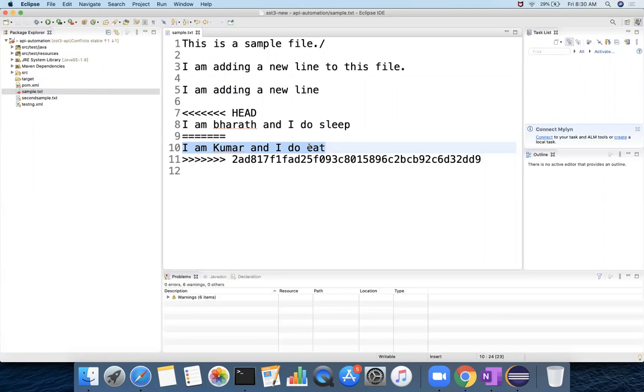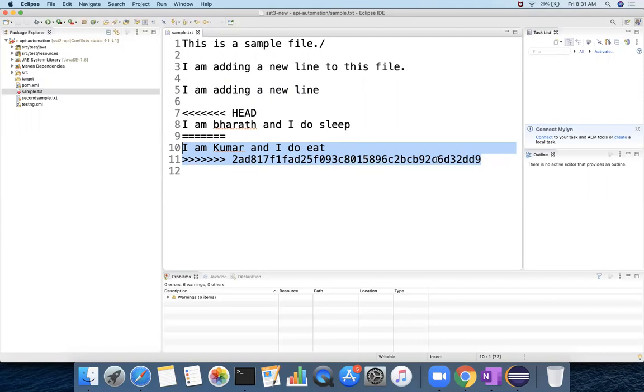Now they will add two sections. One section is HEAD, another section is your commit ID, the revision IDs that I was talking about. We call it a commit ID, so whenever you do a commit, a number like this will be created.